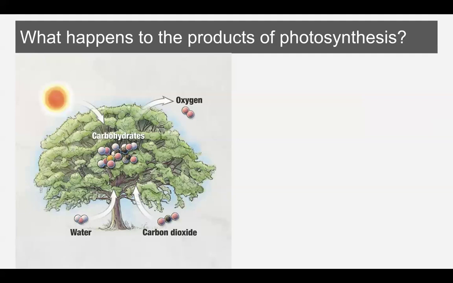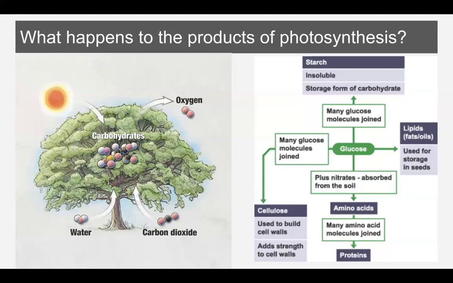So oxygen leaves. If you follow what happens to the oxygen, we breathe in the oxygen, and that's where that goes. So the trees don't need the oxygen, we need the oxygen. And then carbohydrates stay inside of the tree. And what does the tree do with carbohydrates? Well,